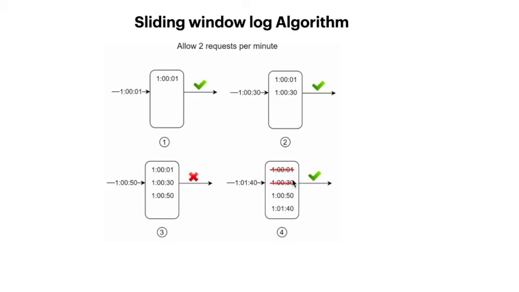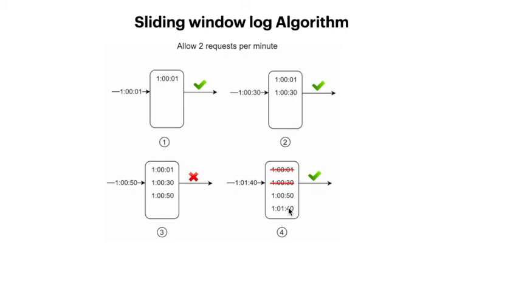And in the next scenario, the request comes at 1 minute 40 seconds. In this scenario, your last request was at 50 seconds, and then your next request comes at 1 minute 40 seconds. That means the difference between these two logs is 1 minute, or less than 1 minute. All the logs which exceed the 1 minute time frame will be removed from your log. So only two logs will be stored in your file, and that fulfills your condition also.